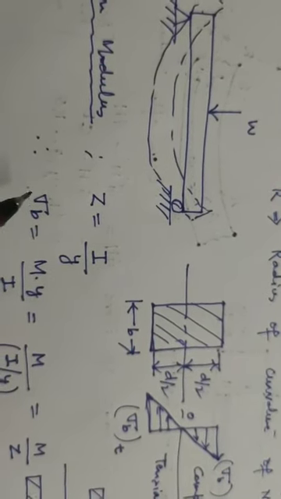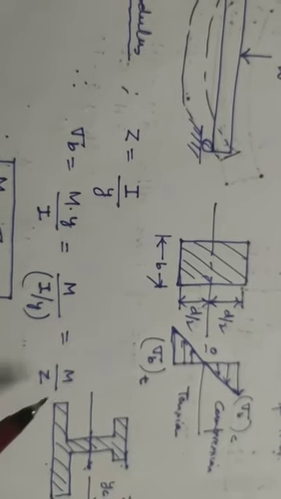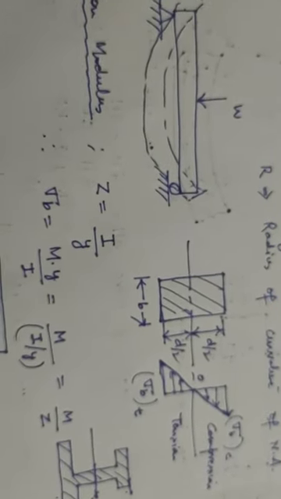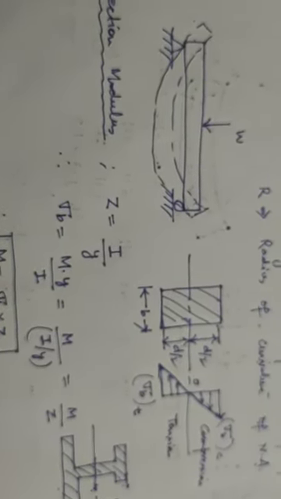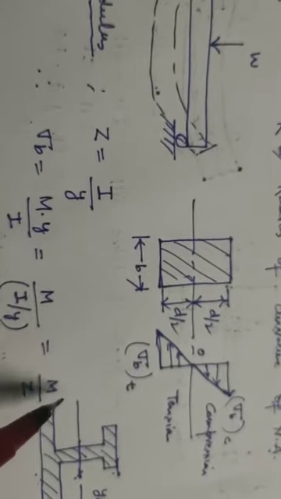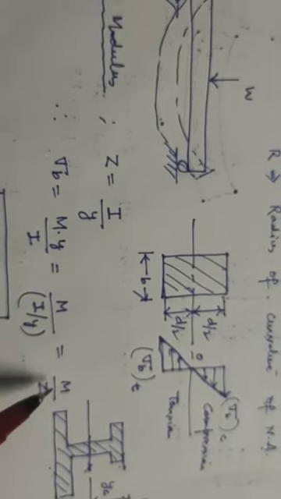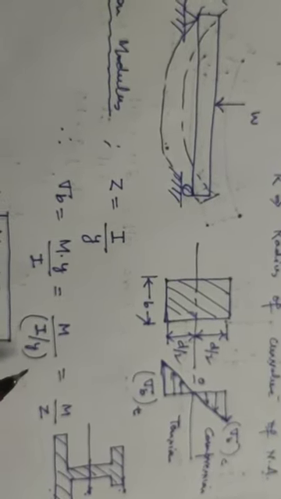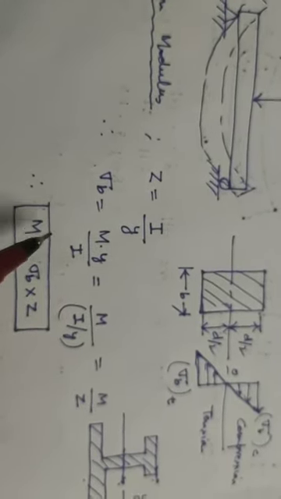So we know that bending stress will be equal to M y by I. By rearranging, y को नीचे ले आए, जैसे M by Z, that is your bending stress will be equal to M by Z. जैसे हमने simple stress में किया था, simple tensile stress is force per unit area. In case of bending stress, instead of force we will write moment, and in case of area we will write the section modulus of that area, and section modulus is moment of inertia divided by y. Or rearranging, your moment of resistance M will be equal to sigma b into Z,